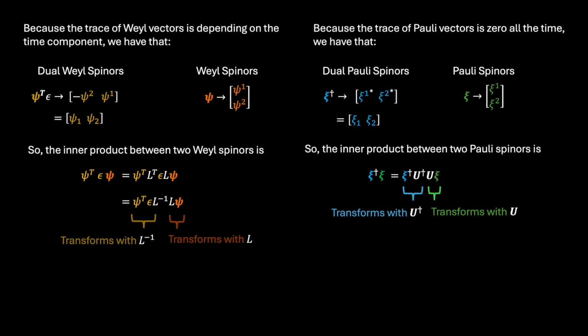Weyl spinors transform oppositely. So we have that Pauli spinors transform with unitary matrices and Weyl spinors transform with linear matrices, specifically special unitary matrices and special linear matrices. When we say special, we mean that their determinants are equal to 1. Such a difference is mathematically codified in the fact that there is a temporal component in the Weyl spinors, like we have noticed already. Furthermore, the unitary matrices that are used to transform Pauli spinors can be complex conjugated through